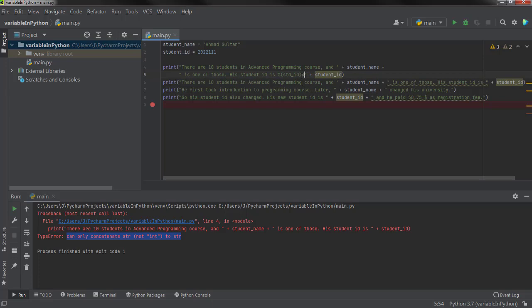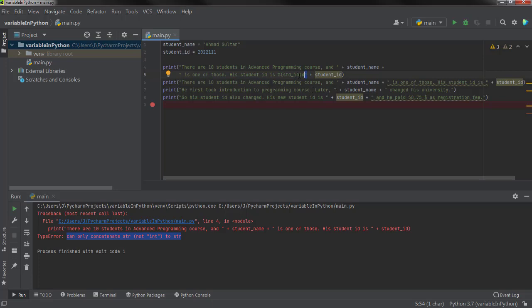After those curly brackets I will place a sign d, and then we will close the quotation marks. So our sentence is complete.